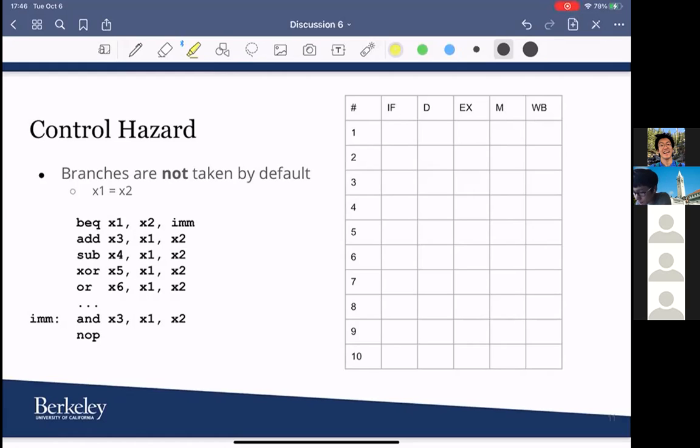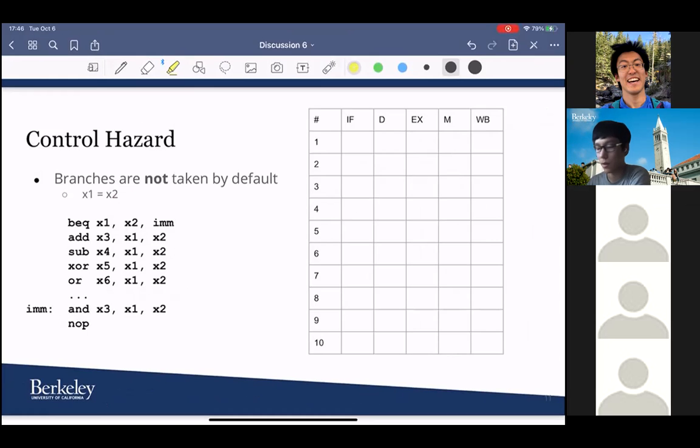So at the beginning, we are doing BEQ. X1 is equal to X2 according to the problem setup. This will be add, then sub, then add. The branch, actually we know the results of the branch at this cycle, but because we're using this hardware,